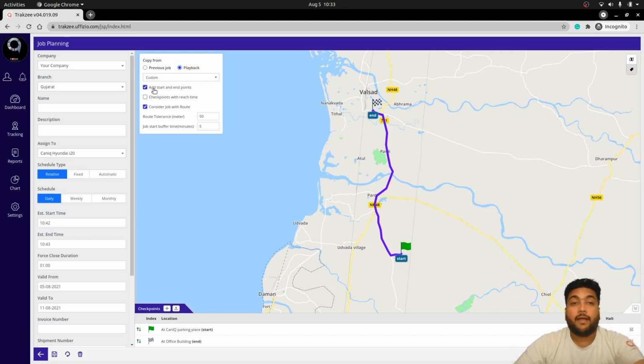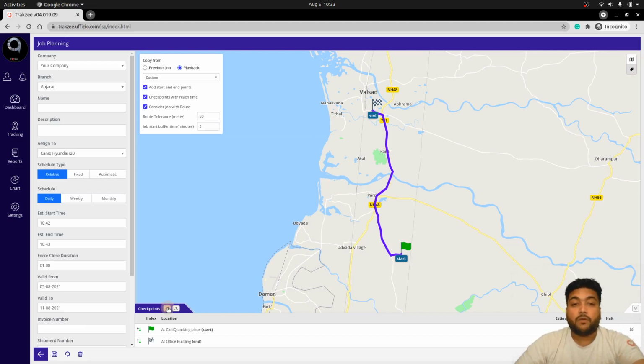Now, based on the check mark information, that is, adding the start point and the end point, these start point and end point are reflecting. If you want to add some checkpoint with the read time, you can just select the option, and the checkpoint's estimated read time will get added as well. Here the checkpoints are multiple different points in case you want to set some delivery based solutions. If you want to create some checkpoint, that is possible as well.